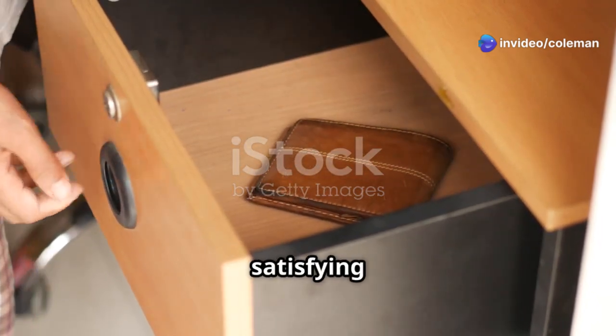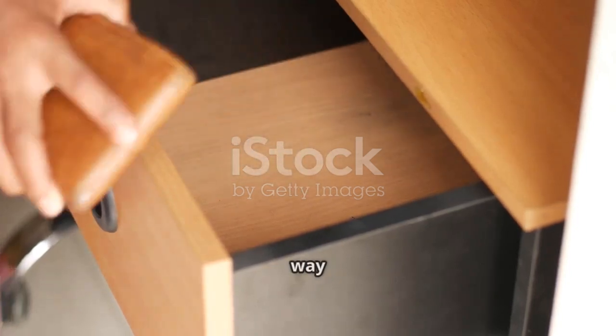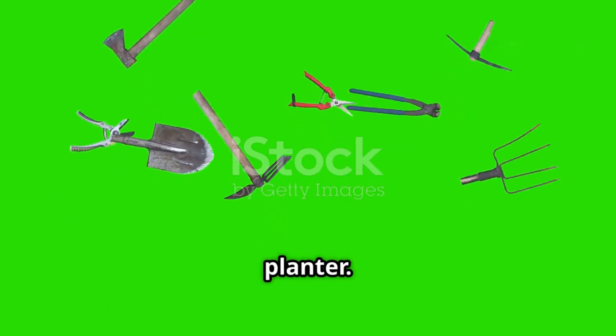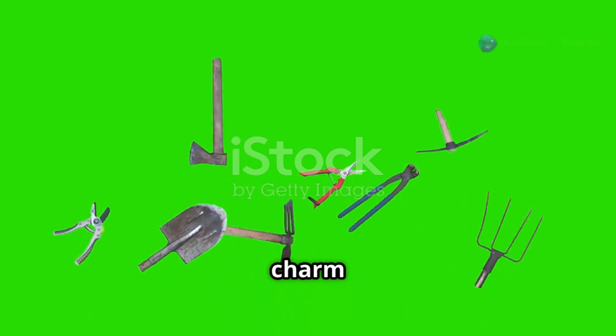There's something so satisfying about turning forgotten items into statement pieces. It's a way to breathe new life into objects that might otherwise be discarded, giving them a fresh purpose and a chance to shine again. Today, we're transforming a vintage drawer into a stunning garden planter. This project is perfect for anyone who loves gardening, upcycling, or simply adding a touch of charm to their outdoor